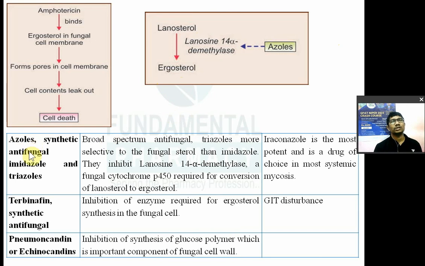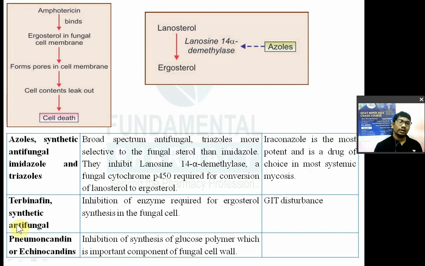Again, azole antifungals are known as synthetic antifungal agents. Imidazole and triazole are the two categories. They are known as broad spectrum antifungal agents. Triazoles are more selective to the fungal ergosterol than imidazoles. They inhibit the 14 alpha demethylase of the fungal cytochrome P450 enzyme, which is required for the synthesis of ergosterol. Itraconazole is the most potent drug among these, and is a drug of choice for most of the systemic